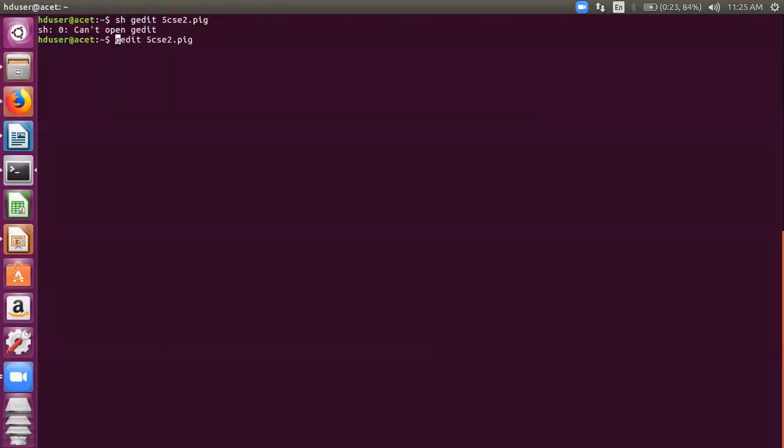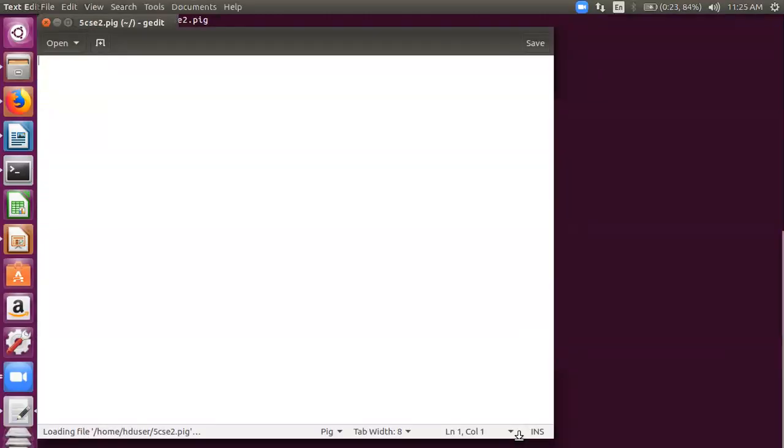We are back in bash, right? So I'll write here: a is equal to the same that we wrote there, load z1.txt using PigStorage. If I make any mistake, raise your hand and tell me. Now it is in commas, right?